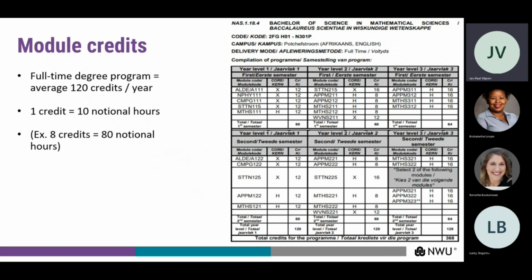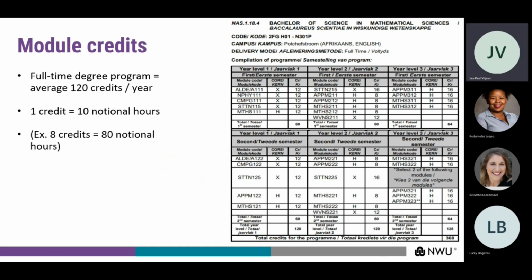In each study unit and study section, all of your programs have a certain number of credits that you need to attain in order to complete that program, as indicated in the grid on this slide. These credits are the total amount of all the credits for all your modules that you need to complete to get your qualification. Each module's credits indicate the specific weight of that module within your qualification program. This means that the higher the credits of a module, the more important that module will be for your qualification.